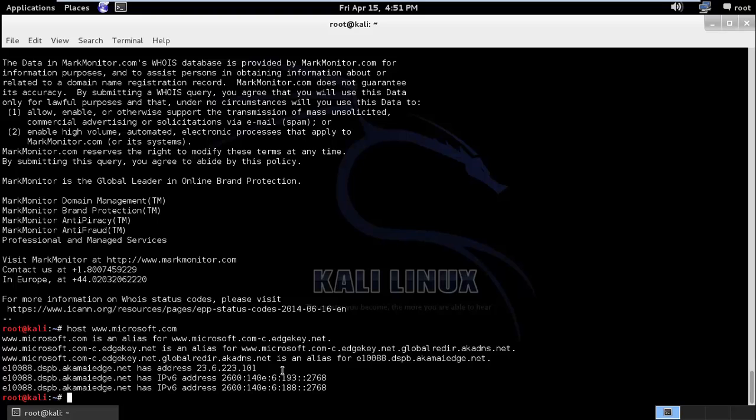It provides all the IPs associated with the target website. So simply, host means how many websites are hosted on that particular website server. Then we can use one more command, like host -a